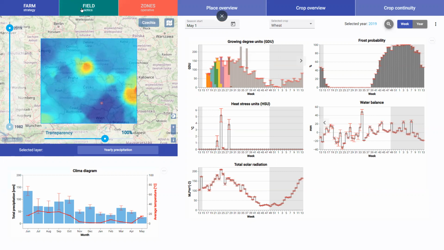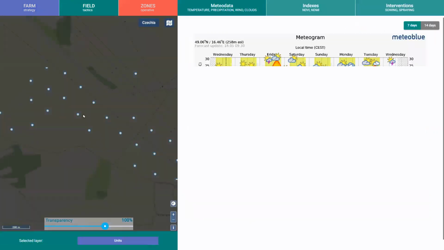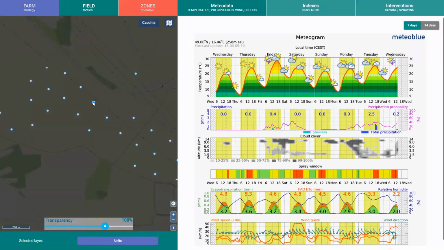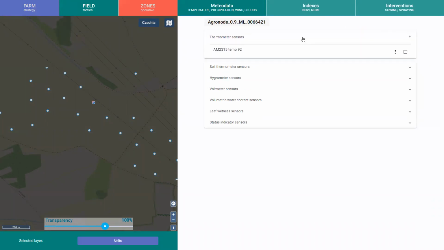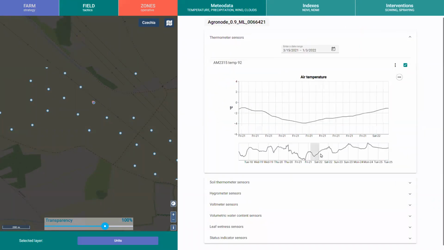So we know that it's necessary to combine the global data with the local data. So here we go to the second tab, to the field. And if I click on the information for a particular sensor, I can see that I can analyze the data from the particular sensor, and I can